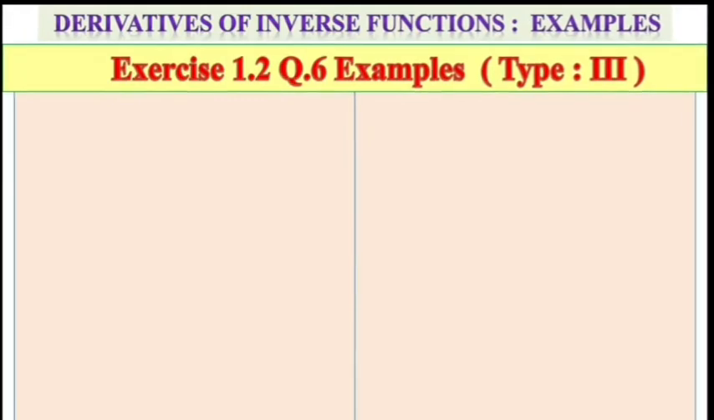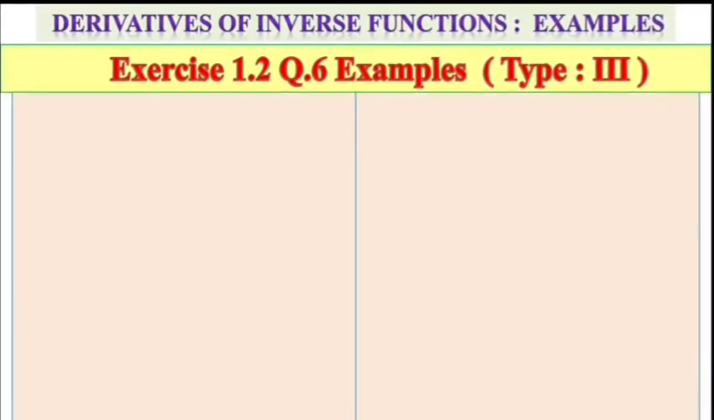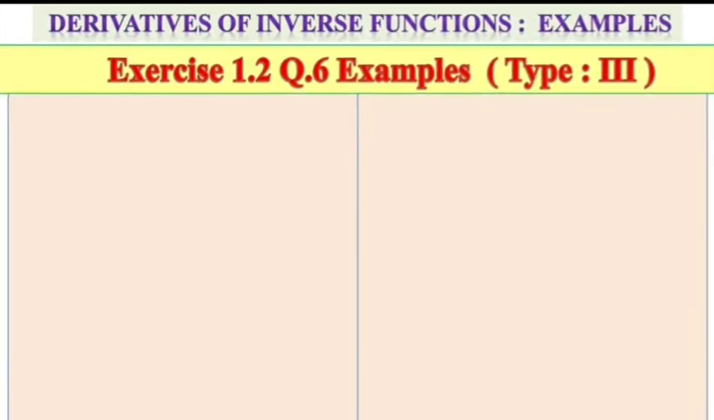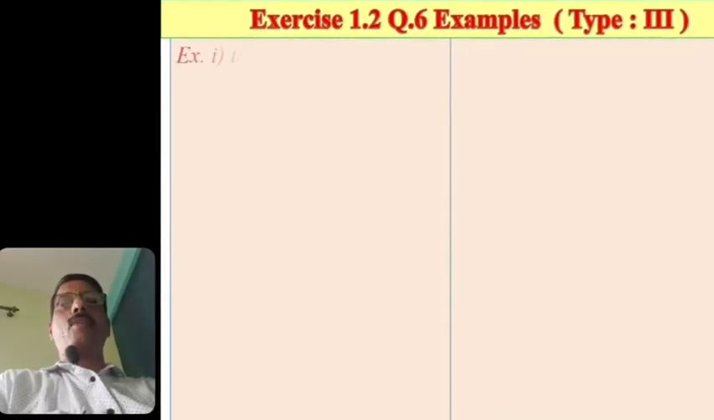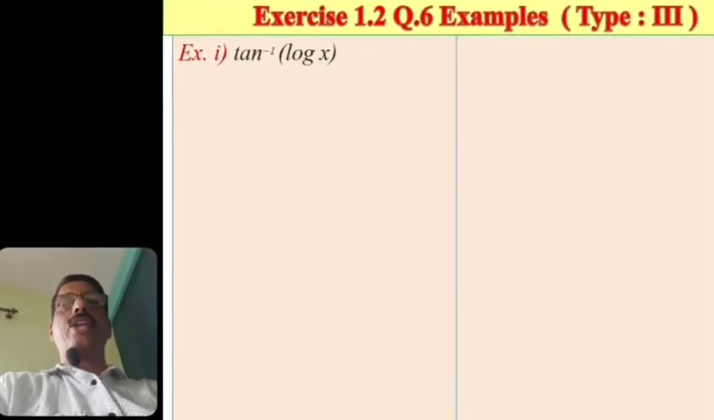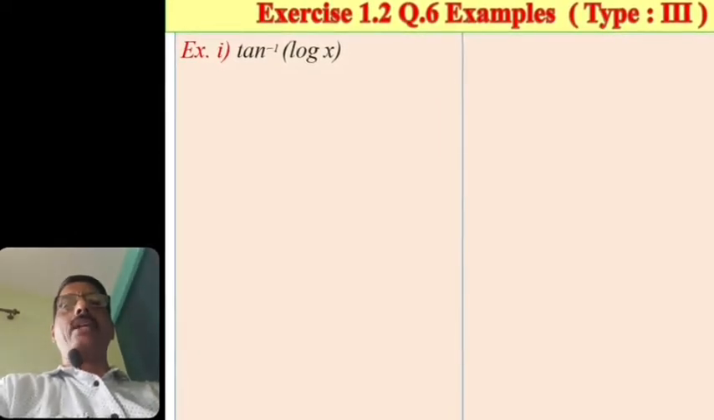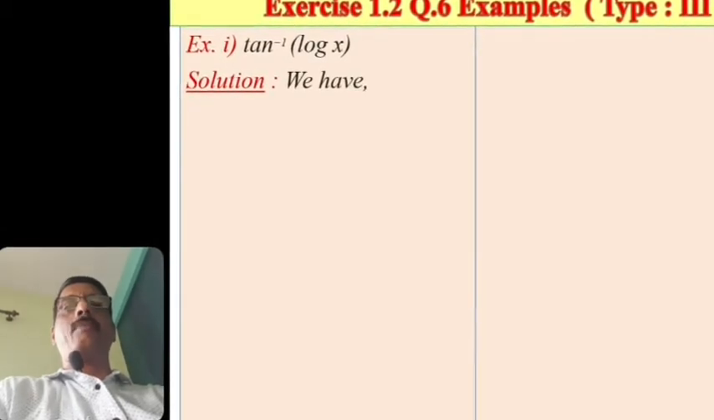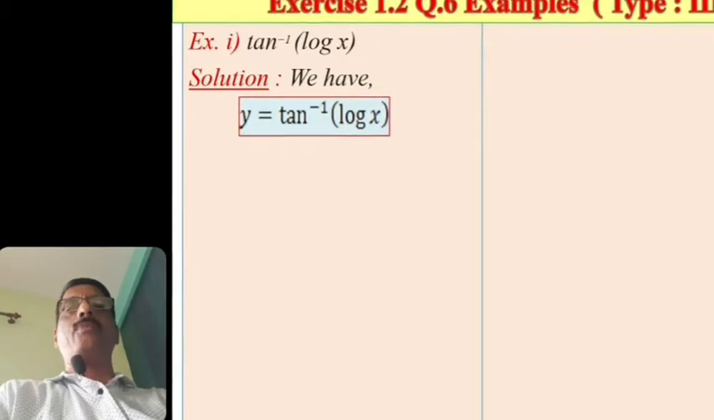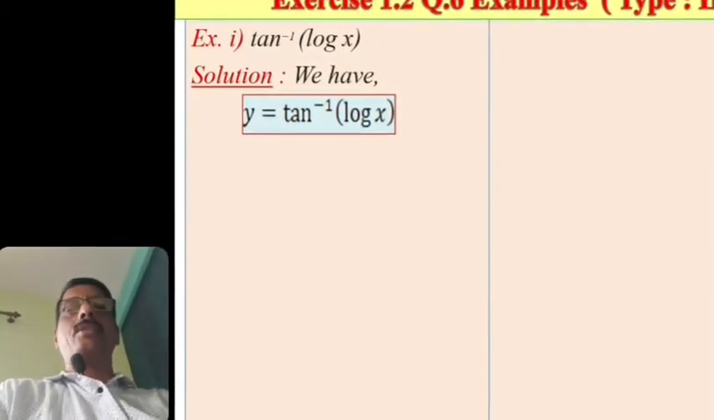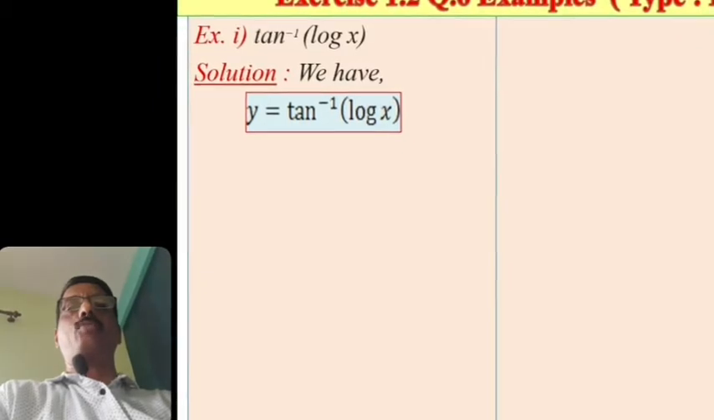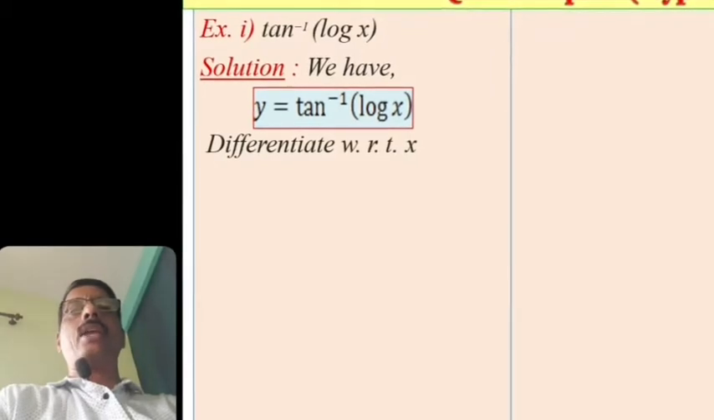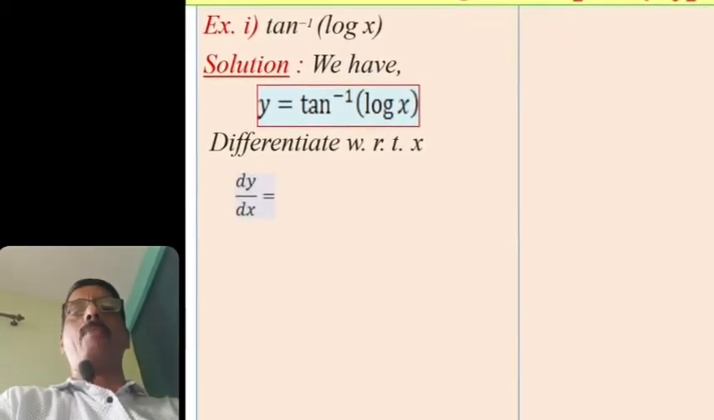After the completion of exercise 1.2, question number 5, type 3rd, now we introduce the next question, question number 6 of type 3rd. The first example of that type is the function tan inverse of log of x. We have to find the derivative of the given function with respect to x. Solution: firstly take the given function as y equal to tan inverse of log of x. Now find the derivative of the given function with respect to x. Therefore, differentiate the given function with respect to x. Then the derivative of y with respect to x, that is dy by dx, equals